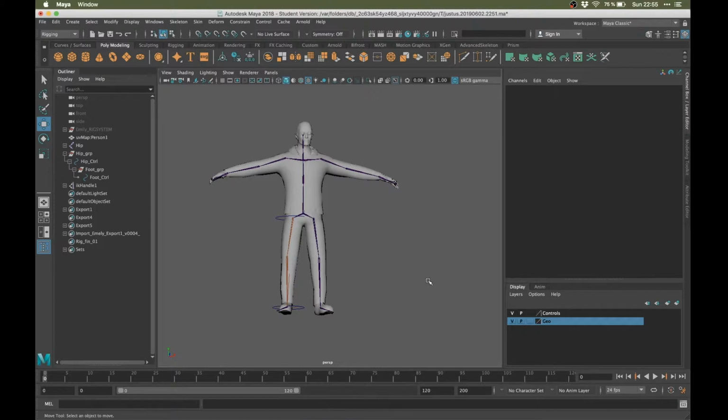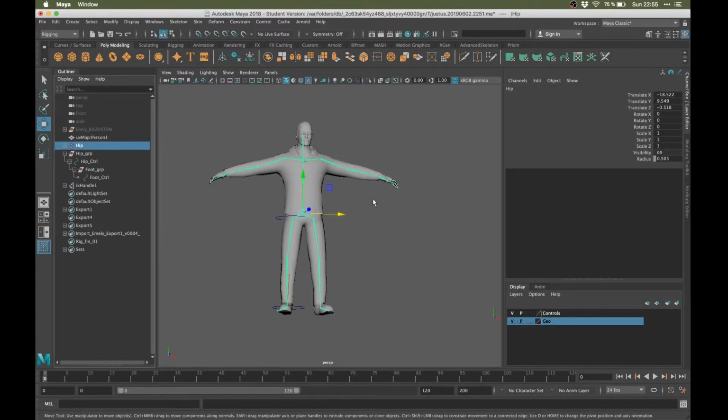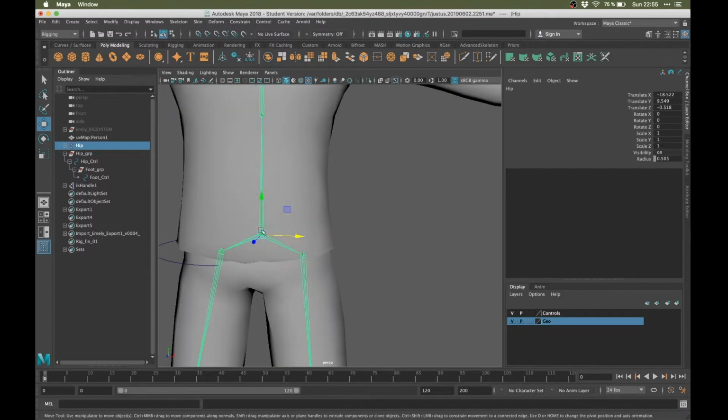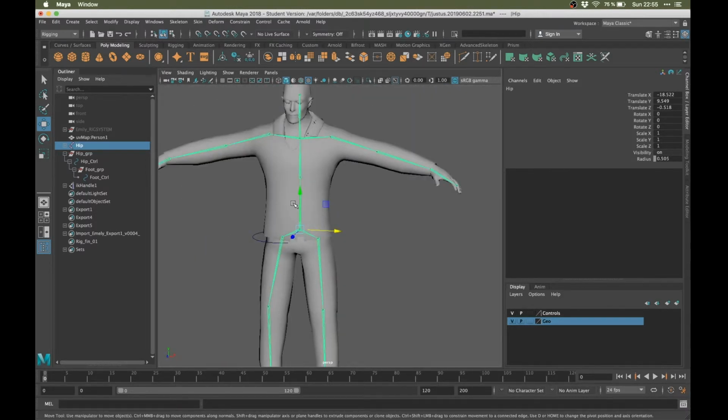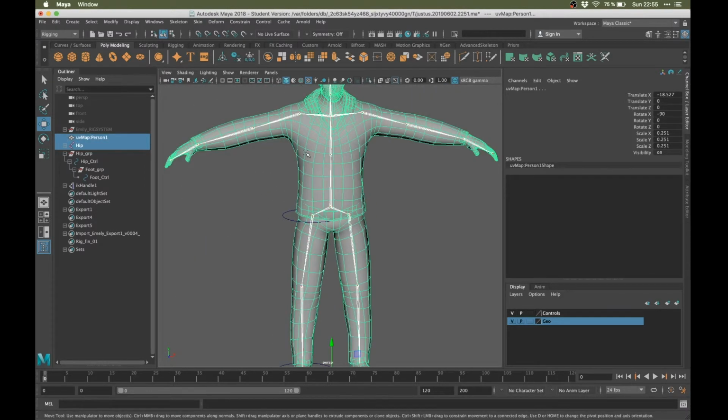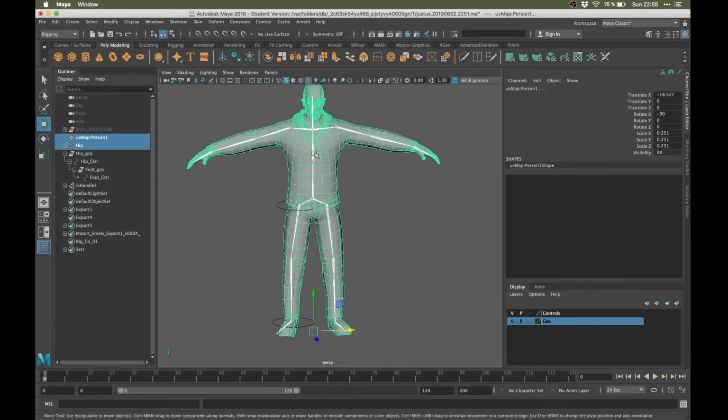So what I'm going to do is select all the bones. Well, I just have to select the root joint, and then I select the character, the mesh,